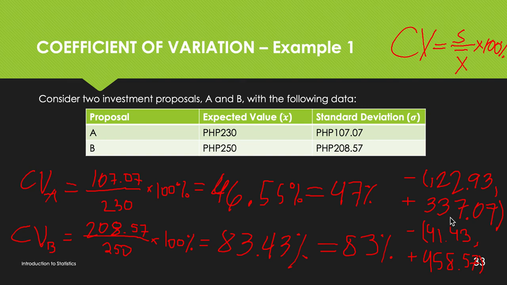Thus, the greater the CV is, as you can see, 83 percent is here, the more variable the data of the group is. Okay, the more dispersed it is. So that's for our example number one. For our example number two,